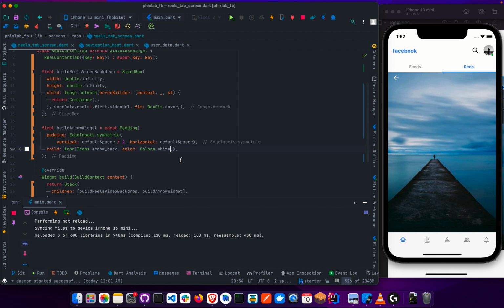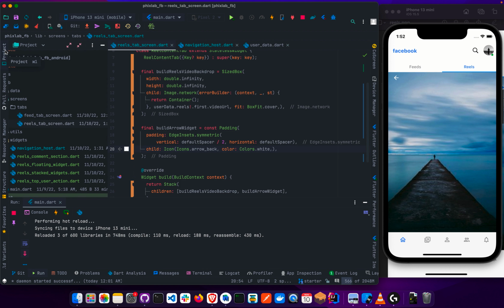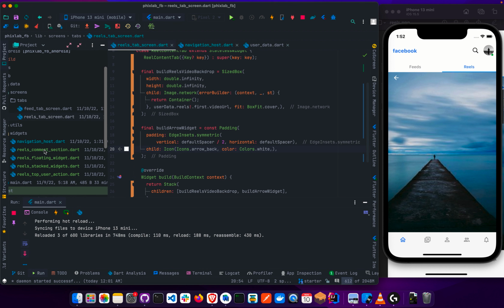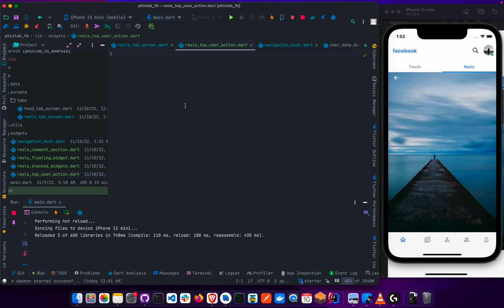And then the next thing we're going to be doing is building this particular widget that is here. So remember in our folder we created this top user actions. So we're going to open that up now and start populating that widget. It's going to be a stateless widget as well. So I'm going to call it